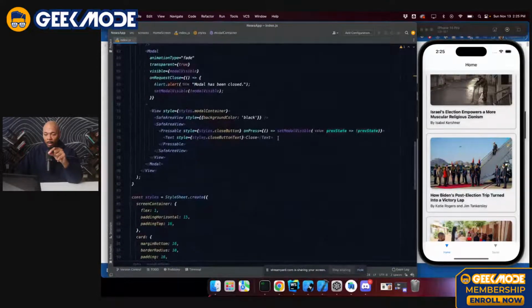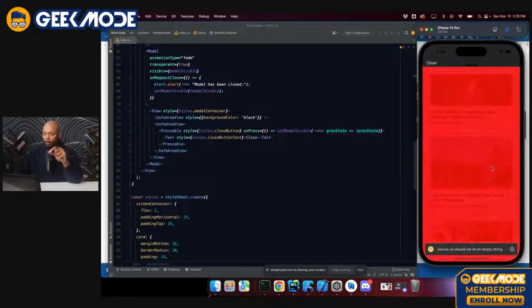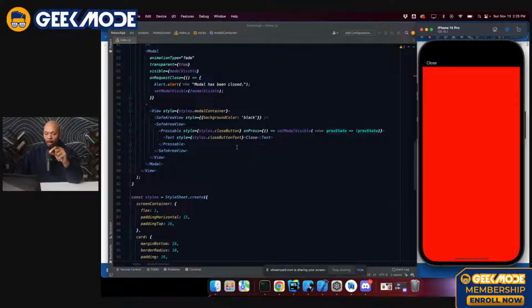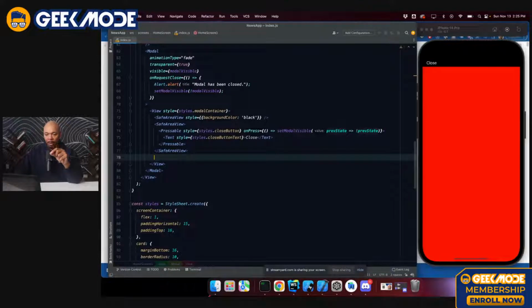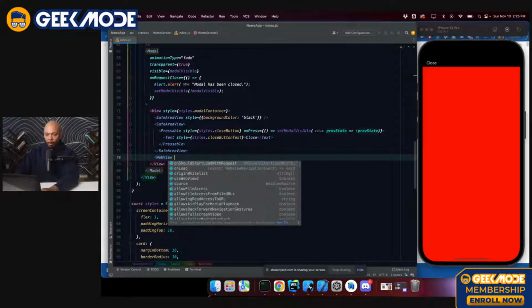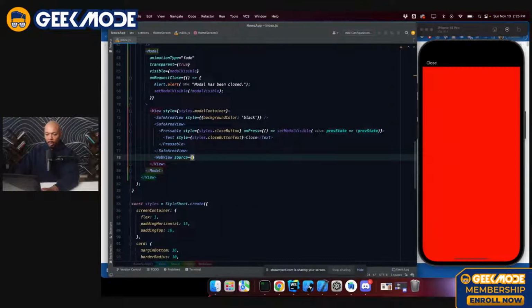So what I'm going to go ahead and do is, within our modal, I'm going to open our modal. All right. And beneath my safe area view, I'm going to pass in my WebView component. And I believe it's a source prop I want to reference, the URI. So I'll close this. And within here, we're going to pass in a URL. So I'm just going to say https://Facebook, actually a podcast for